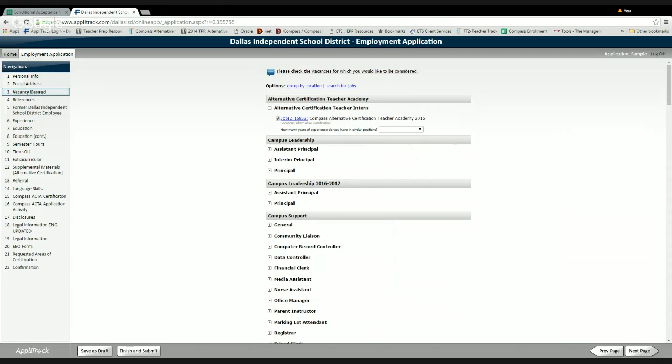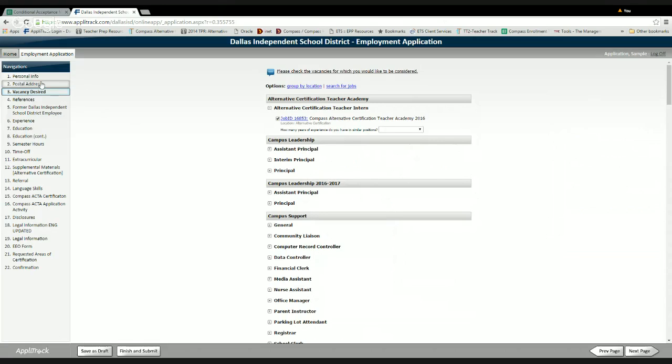But those are pretty much self-explanatory as long as you ensure that you are making the right decisions as far as the information you're being asked. The first two pages, if you look to the left here for personal info and postal address, should be pretty self-explanatory. As we go through the tutorial this afternoon, we're going to point out some of the required questions. Those are noted with a red asterisk at the top of the page,